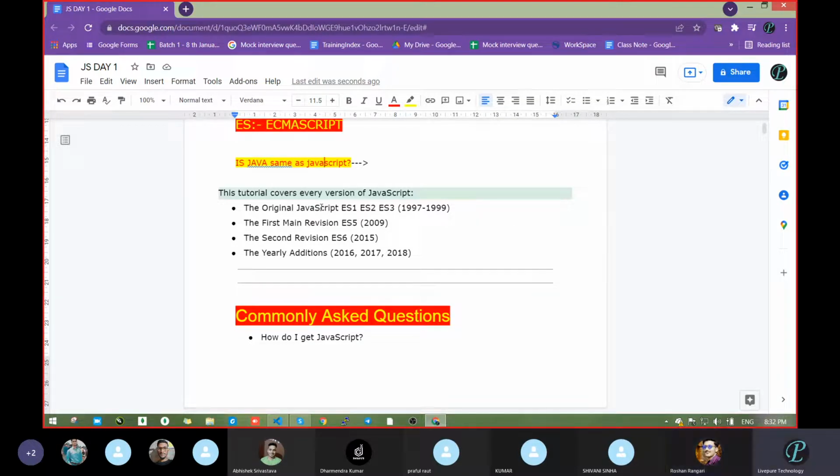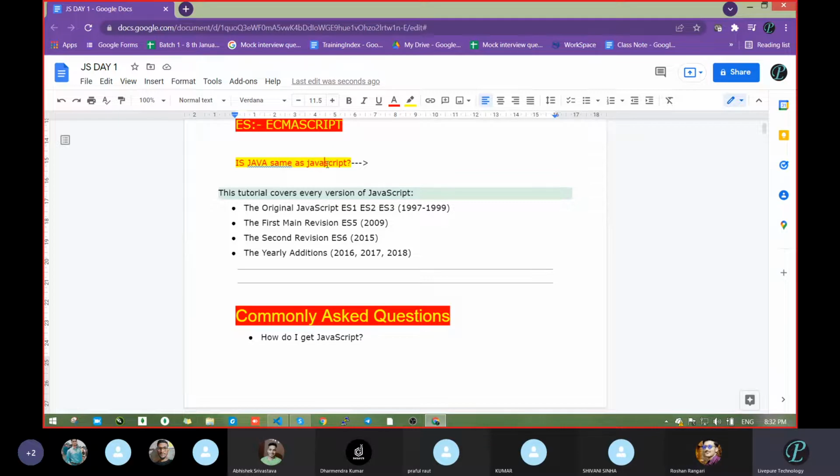I am asking whether Java and JavaScript both are same or different. JavaScript is used in both backend and front end, sir, but Java is only used in backend. Okay. But are JavaScript and Java both same or not? No, both are not same. There are some differences.